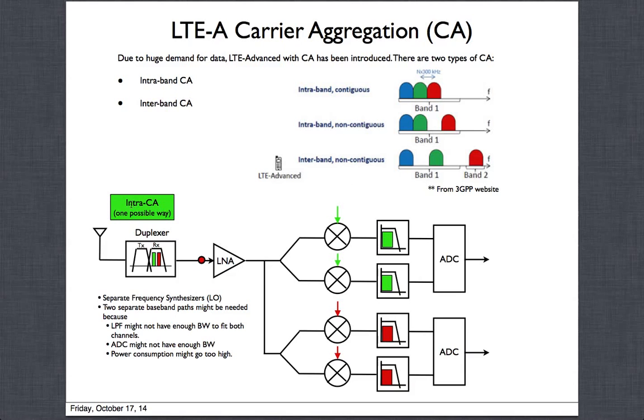So let's take a case of intra-band, where you have an antenna where you're receiving. Here is the duplexer showing TX and RX. Let's assume it's something like band 1, UMTS band 1, where the TX is lower than RX. And you are actually transmitting in two different bands. One is yellow, I'm sorry, not yellow, it's green and red. Okay, so these are the two things that are coming. They are two different channels. Okay, so you're transmitting it.